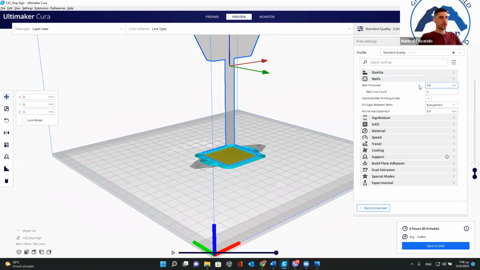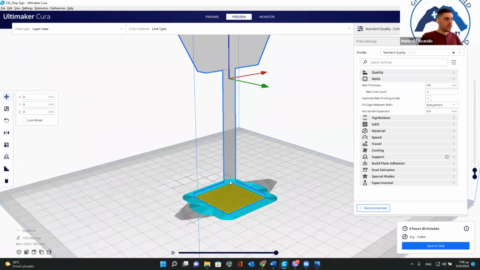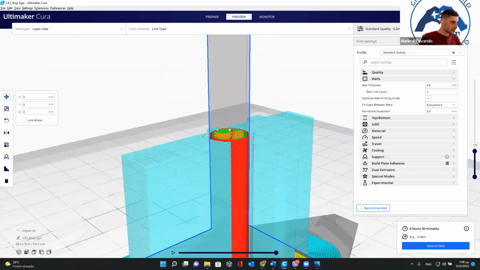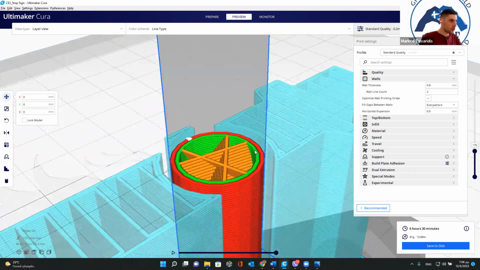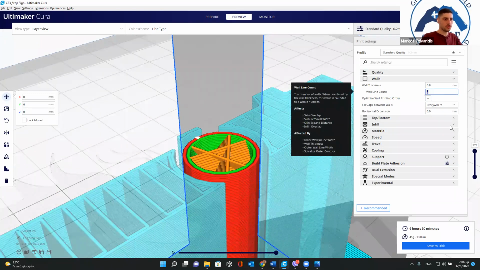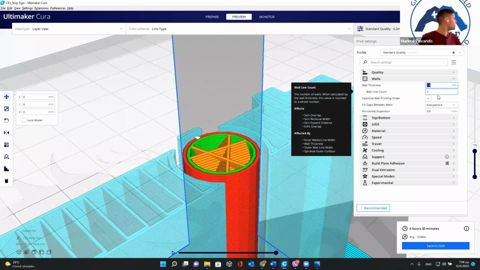And let's move on to the wall thickness. Now, the wall thickness is another important part. The wall thickness is, let me show you, how many walls you need around your infill pattern. Here we chose 2, but if I change that for 0.8 to,